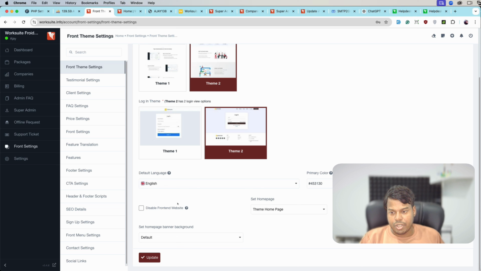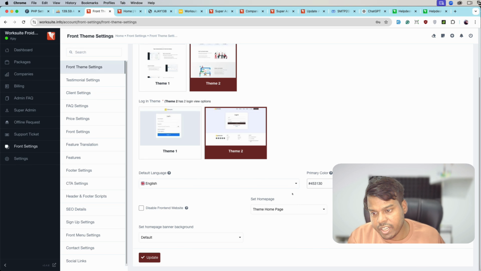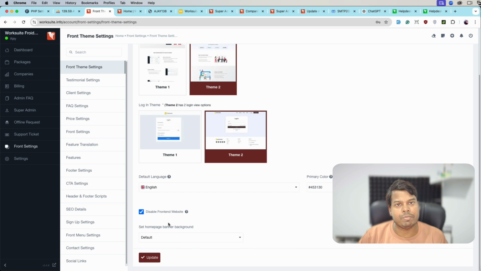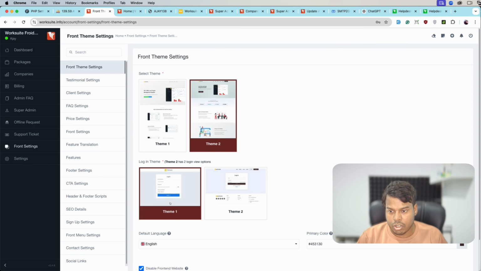The next option is default language, English. Keep the primary color closer to your logo. The next is disable front website. This checkbox is important. If you have your own front website and you want to show that website, simply disable the front website and click update. Doing that, let me also change the login theme to theme 1